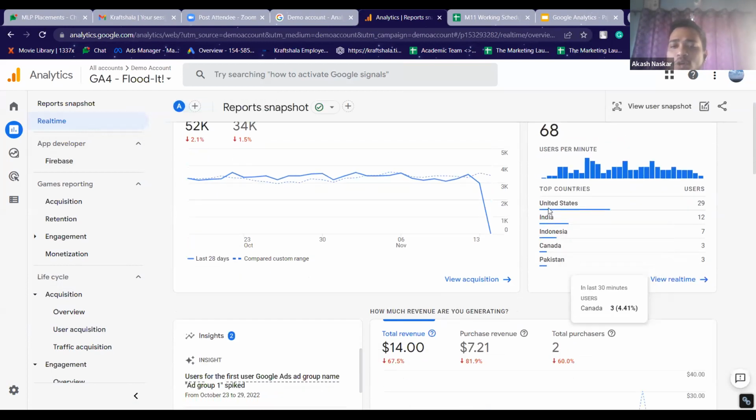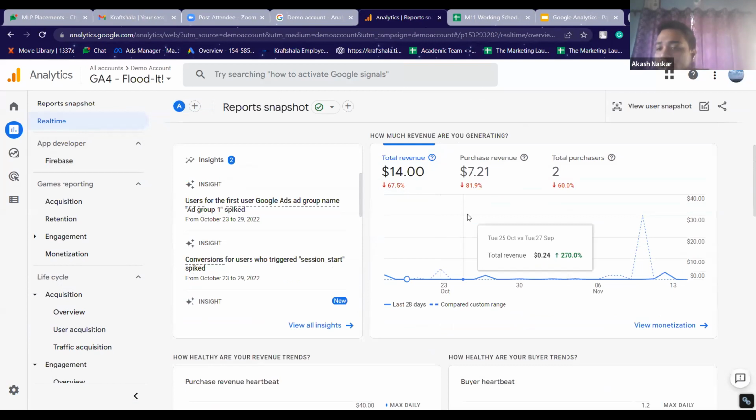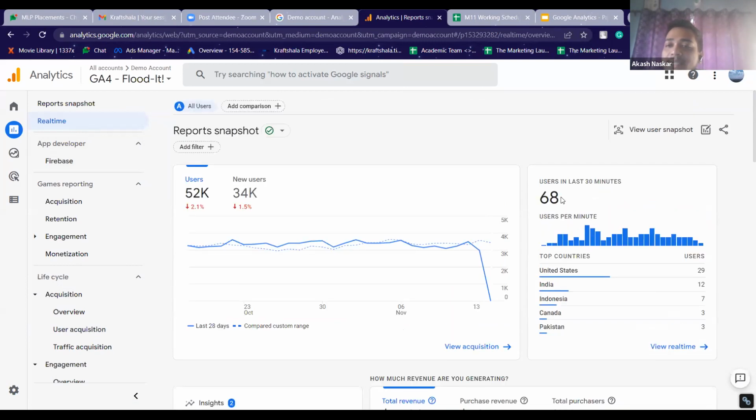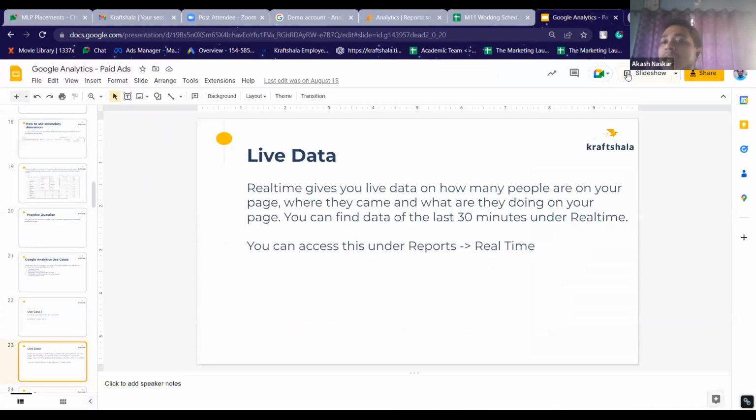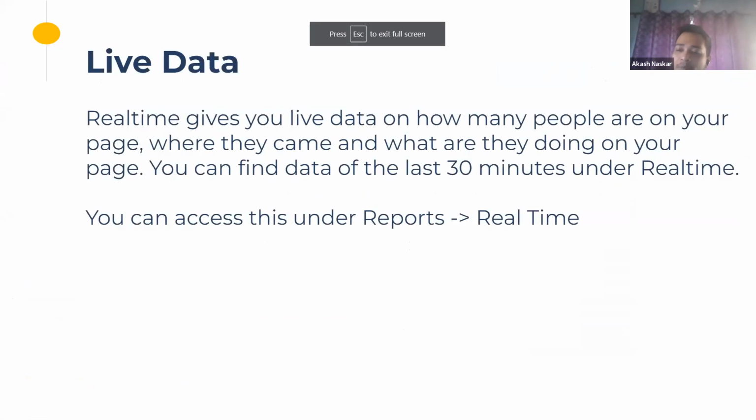It shows you a lot of different divisions of that data as well, but this is the number we should be looking at. Why does this number play an important role? It signifies the functionality of our website. If our website is functioning without any issues, the number of users will be at an expected level.